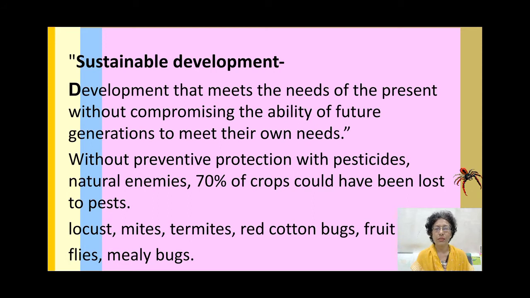In the agroecosystem, if we do not use preventive protection with pesticides or insecticides, 70% of the crop would have been lost to pests. Recently, we have experienced the problem caused by locusts. Similarly, mites, termites, red cotton bugs, fruit flies, mealybugs, and many more insects are causing damage to the crop